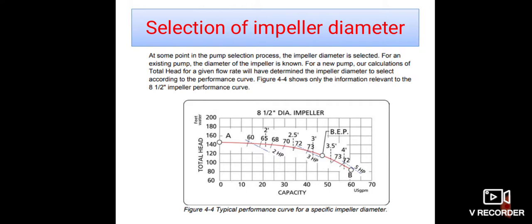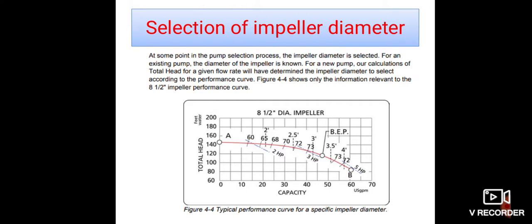So we have to convert that manometric head into feet. Multiply by 3.33, and we'll get the answer in feet. We'll take the capacity as 20 US gallon. In our SI units, 60 meter cube per hour is nothing but 20 US gallon. So keep in mind, don't get confused.